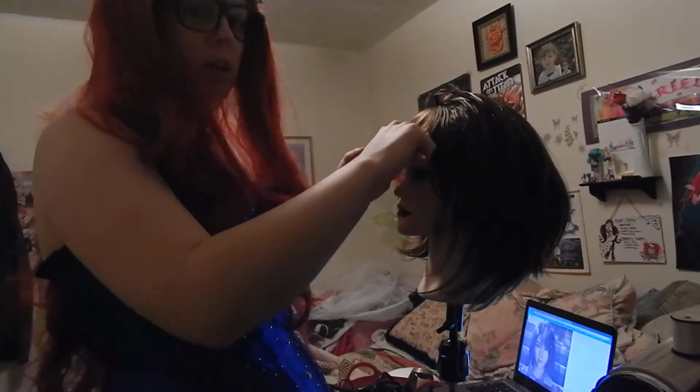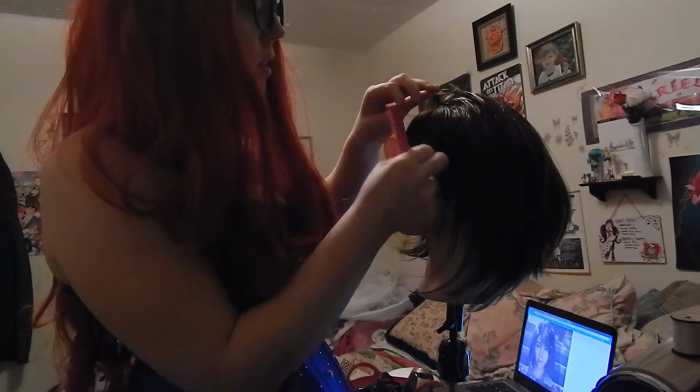Okay, as you can see, the bangs kind of come all the way down past the eyes. Personally, I hate when bangs touch my face. I hate when hair gets in my eyes. Like, absolutely cannot stop. That's why I love aerial hair, because it's done. Get out of the way. Sometimes the wigs, you'll get